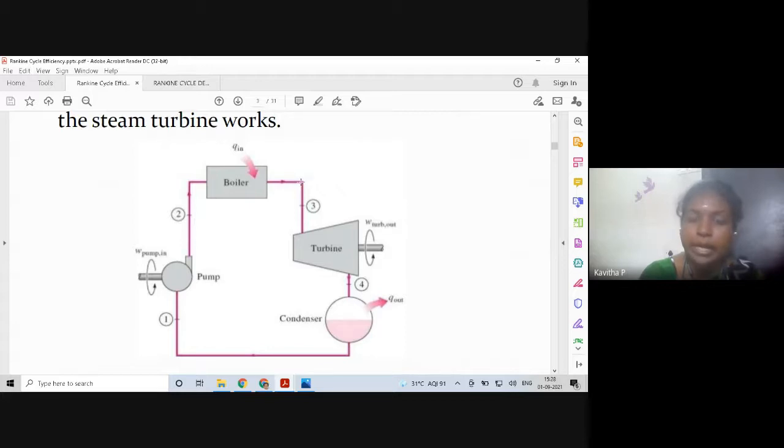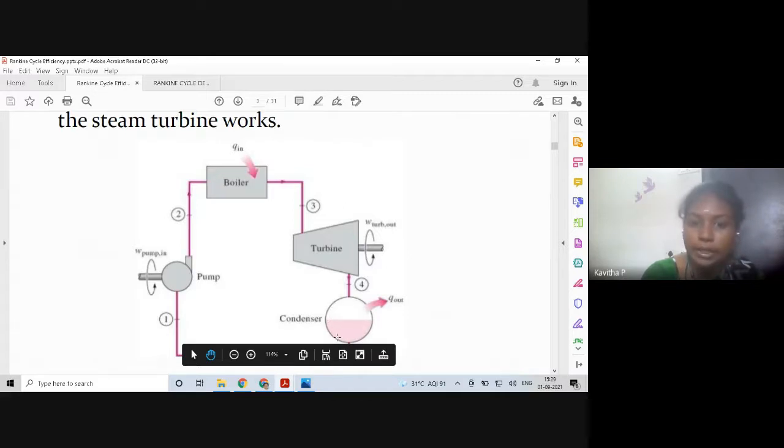This superheated steam enters into the turbine, and in the turbine the thermal energy from the steam is converted into kinetic energy, which is utilized to rotate the turbine blades, thereby producing mechanical energy. Since the turbine is connected to a generator through a connecting shaft, the generator will convert this mechanical energy into electrical energy. The steam leaving the turbine will enter into a condenser, which will convert the steam back into liquid water again, and it will be sent to the pump for recycling.